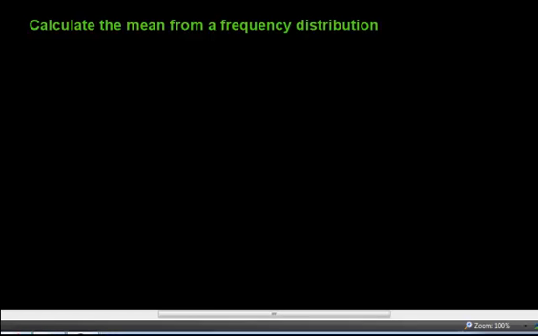In this video, we want to learn how to calculate the mean of a set of data if the data is presented in a frequency distribution. So in this example, we have 1,000 IQ scores, and they have been presented in a table. We have IQs, and we have those in groups. So the first group are IQ scores that are 50 to 69,